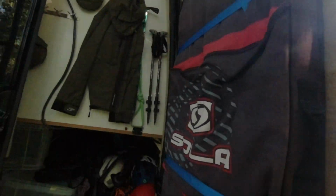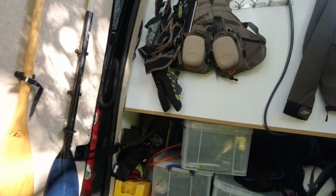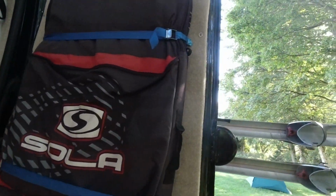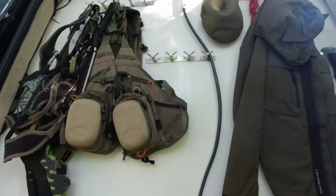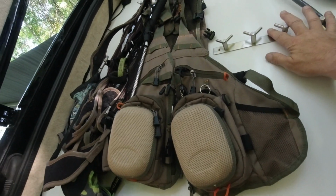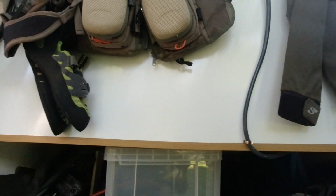Bike rack on the back and a ladder to get up to the roof. And in the back at the moment, we have a number of plastic boxes. So we have our paddles and bits and pieces on the back doors. That's a bodyboard, an axe, various things hung up on the back rail. And if you've got a wet jacket or a wetsuit, we usually hang those on there to dry out. In the back here,